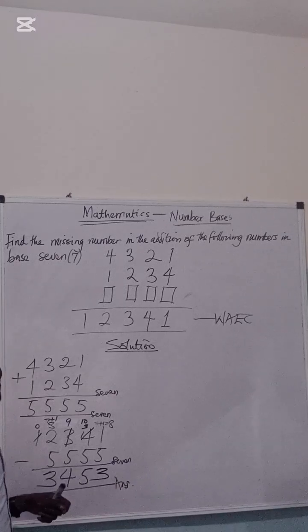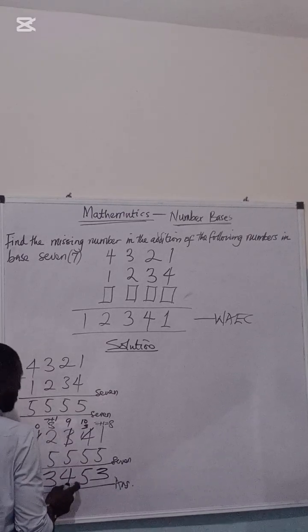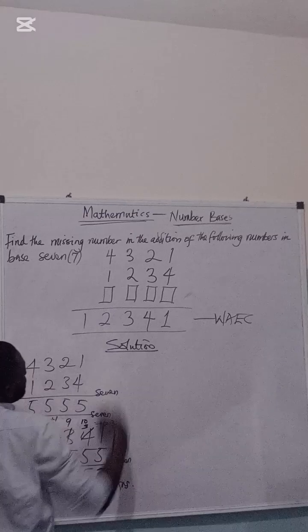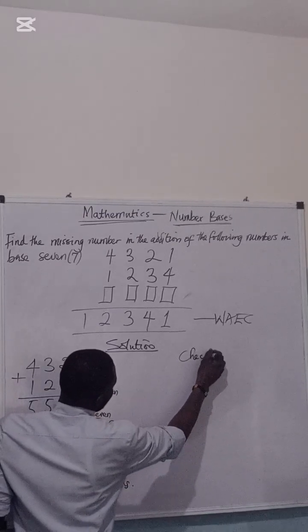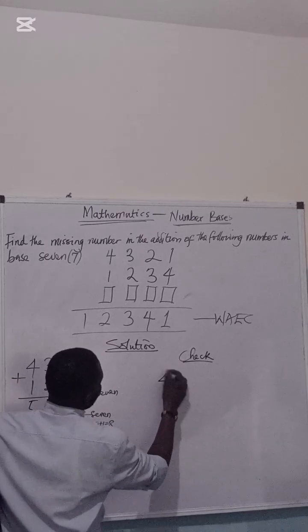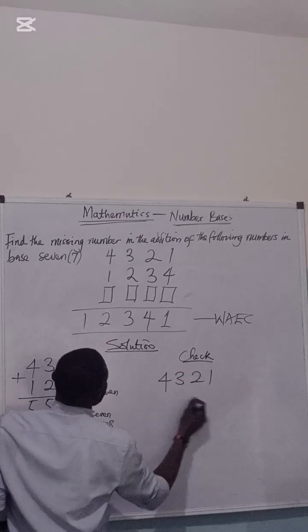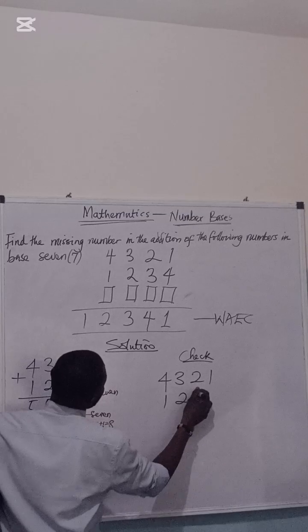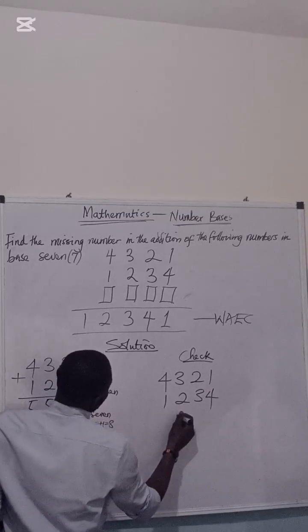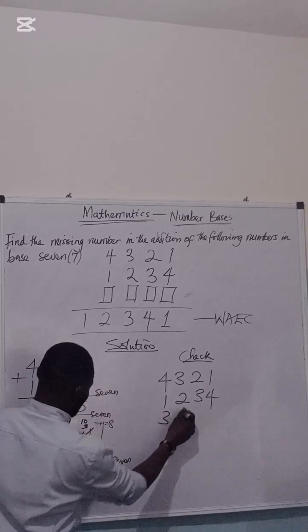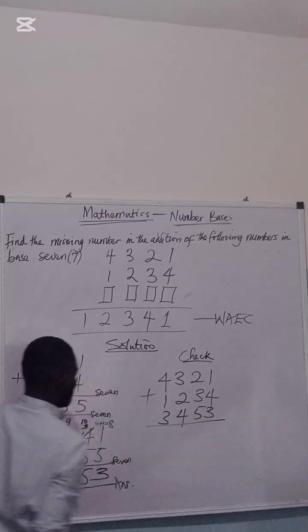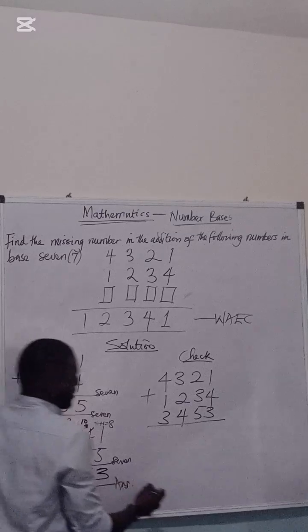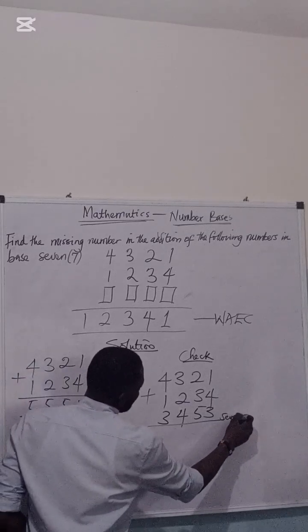Now, how do we confirm if it is correct? Of course, when we replace this number here and add them, we should have this. Now let's go, let's check. So we have 4, 3, 2, 1, 1, 2, 3, 4, and this 3, 4, 5, 3 should be added. Let's see if we can get this. Now everything is still happening in base